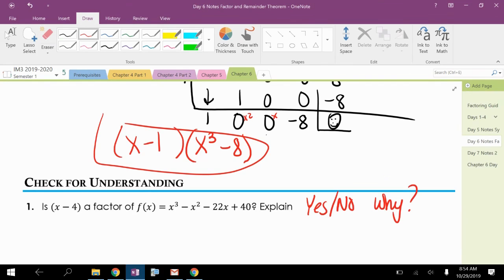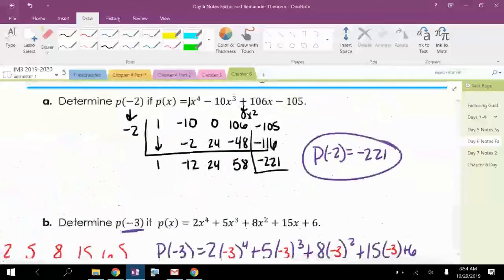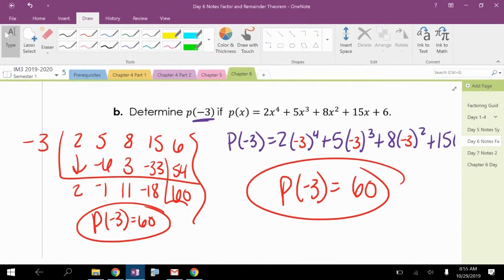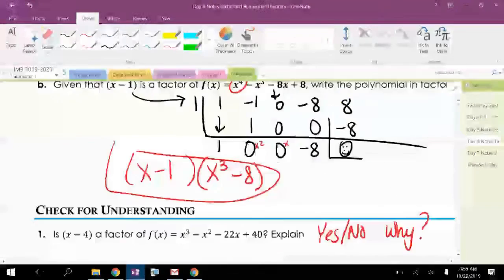Oh, that's something I want you to check. It goes 3, 2, 1, 0. I didn't skip anything, so you shouldn't. Again, whether you do synthetic division or you do direct substitution, either one's going to work. So you're going back to the first page here, and you're doing one of these, like this one. You can either do this method or this method, but remember, you have to get a 0 for it to be a factor. And that's the question it's asking. And there is a question like that in your test where it says, hey,